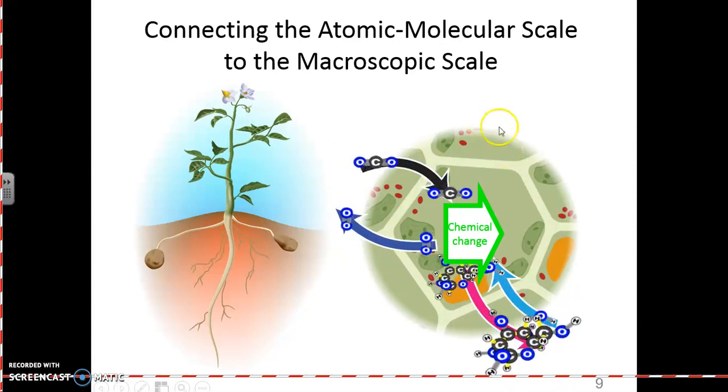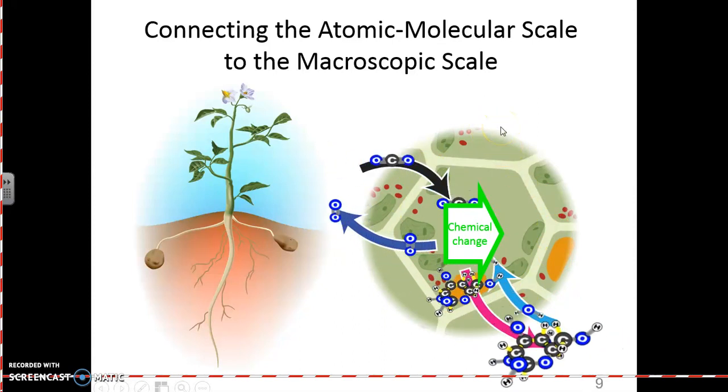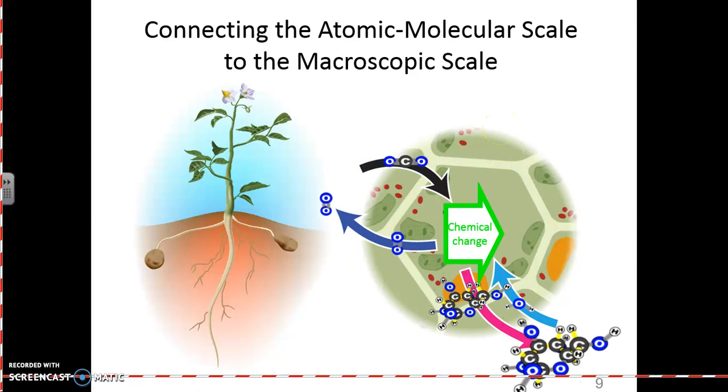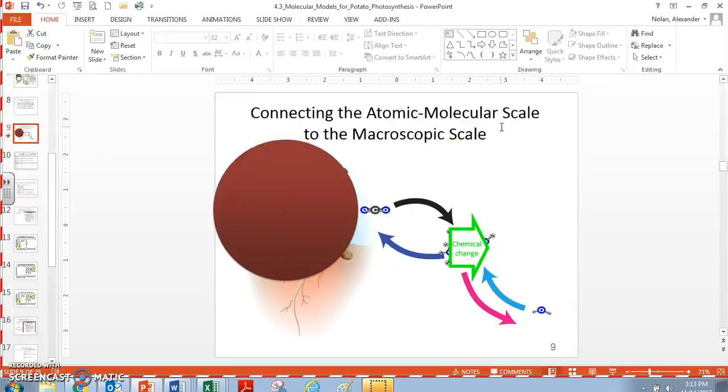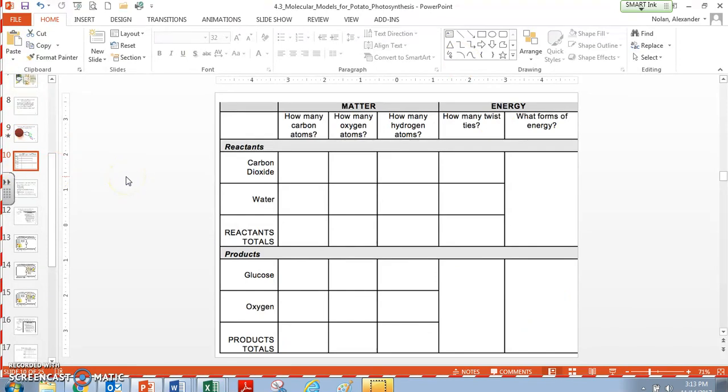So this is an interesting animation to keep in mind, that this is a continuous process. This is always going on. And so we're going to figure out how to balance the chemical reaction for photosynthesis. What I would recommend is that while we are trying to balance any chemical reaction,